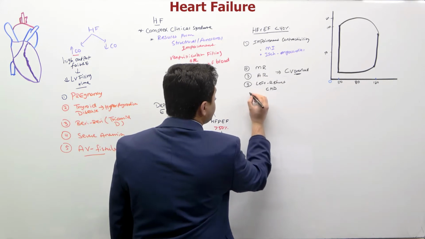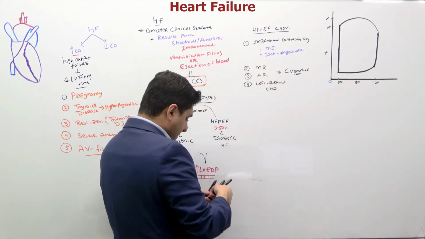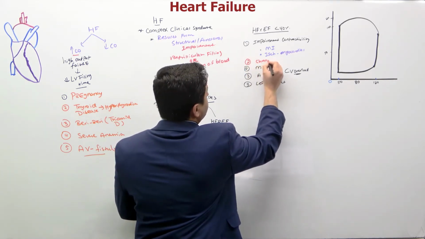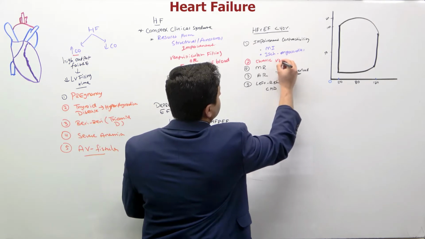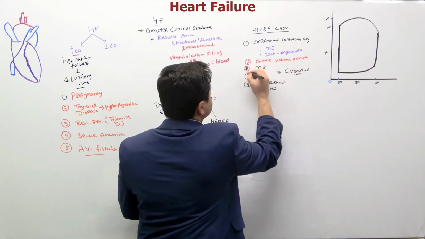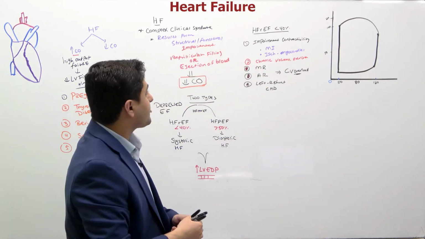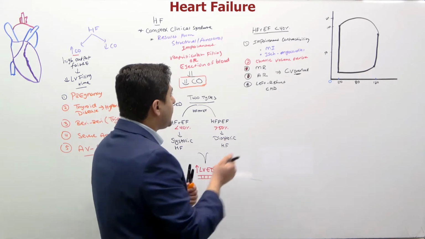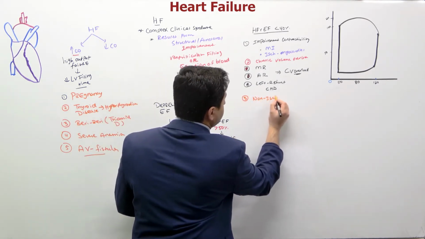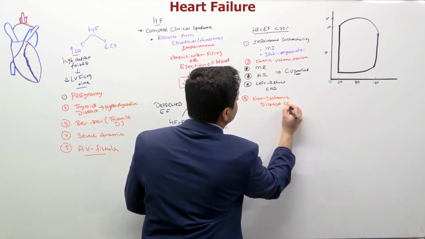Now, you gotta remember, I can make this number 2. And number 2, I could say there's a condition that results in chronic volume overload. And you can make this as the different conditions that can lead to chronic volume overload, all right? Now, third is that maybe there is some kind of non-ischemic dilated cardiomyopathy,